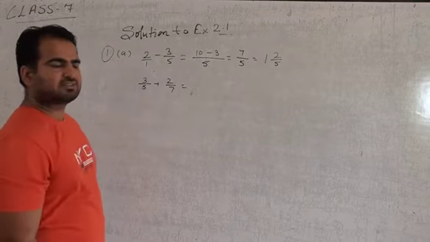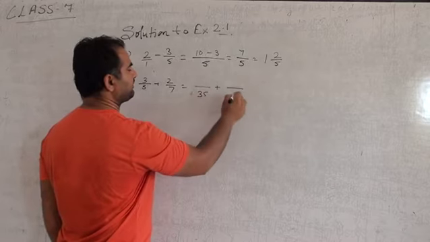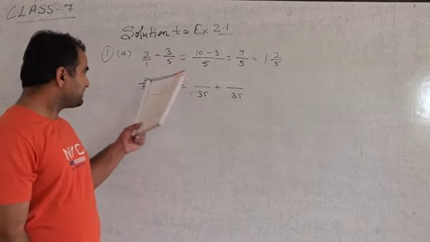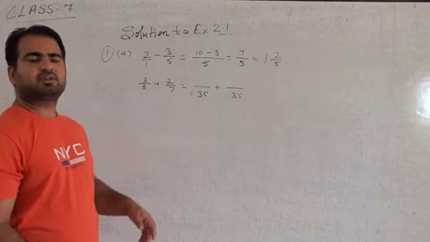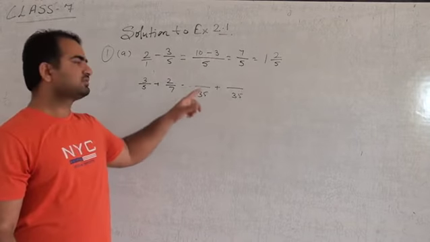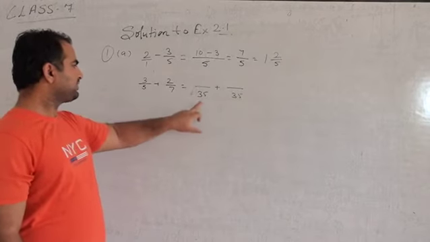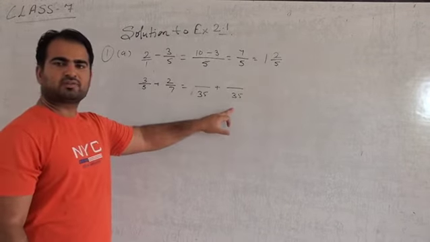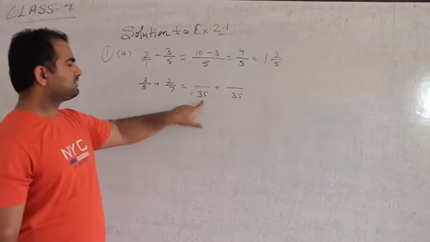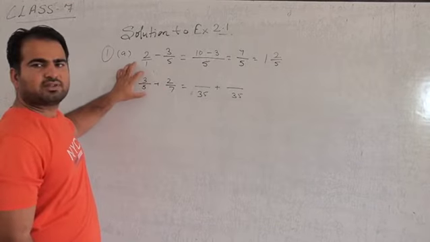So the LCM of 5 and 7 will be 35 and 35. Okay, this is a method. We will write 35 and 35 there. This was to make it a like fraction. So 5 can be changed into 35 and 7 can be changed into 35, the LCM of that. Then how will we convert 5 into 35? We have to multiply it by 7, so we will multiply the numerator above it with 7 as well.